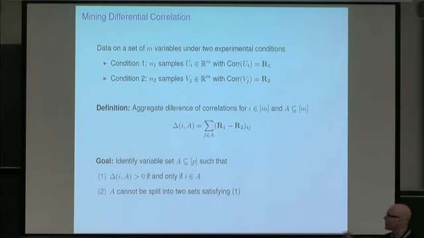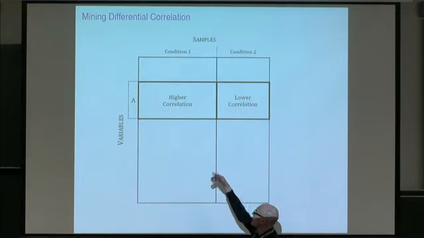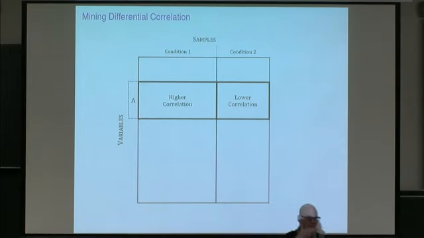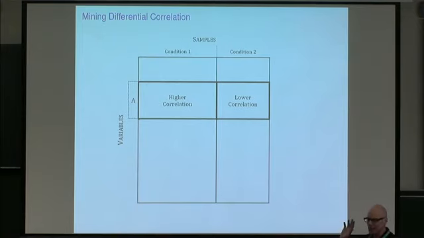Is that okay? Again, I hope the illustration is helpful. The variables in A here are, generally speaking, if I look at their pairwise correlations and add them up, relatively high. In the other condition, if I look at the pairwise correlations and add them up, not so high. And these are covariances or correlations? Correlations, so you divide by the variance. Yes. I don't think this would be as meaningful if we were considering covariances.